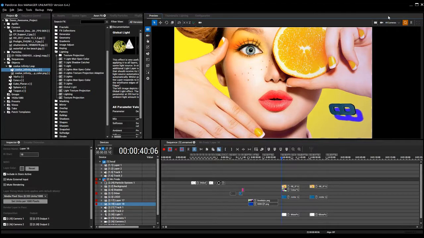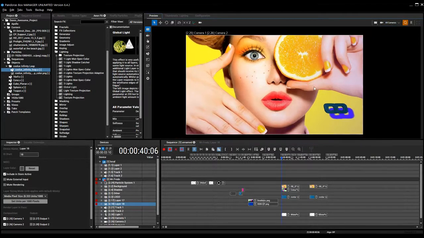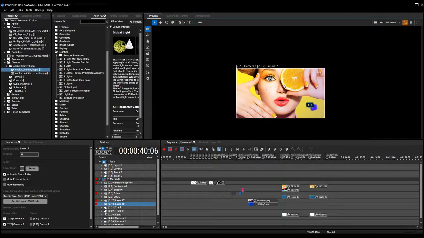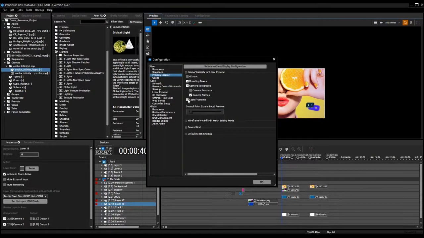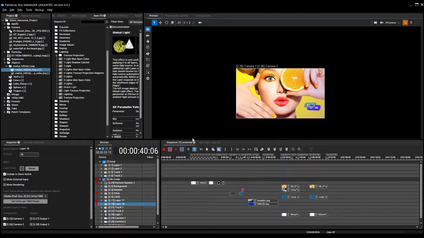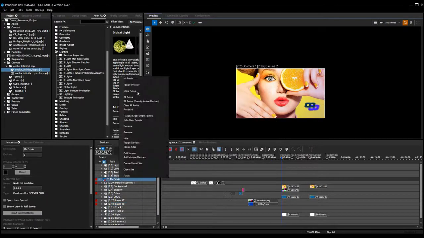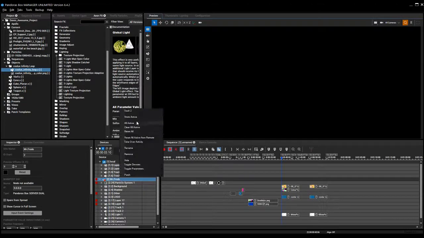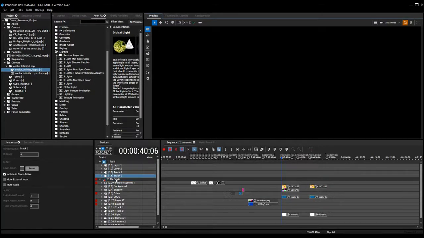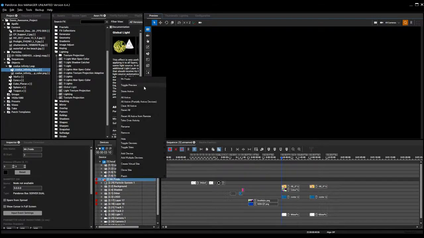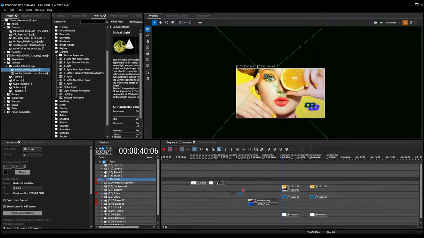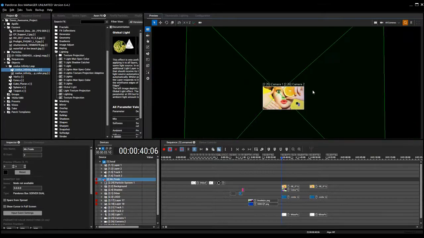Thank you. So if I, oh man, I wish I had a brain. Okay, so if I switch my light frustum on, I just need to toggle my preview off and toggle my preview back. Wait, come on, give me back my preview. So if I toggle my preview on again, my light frustum should be there. Okay, so